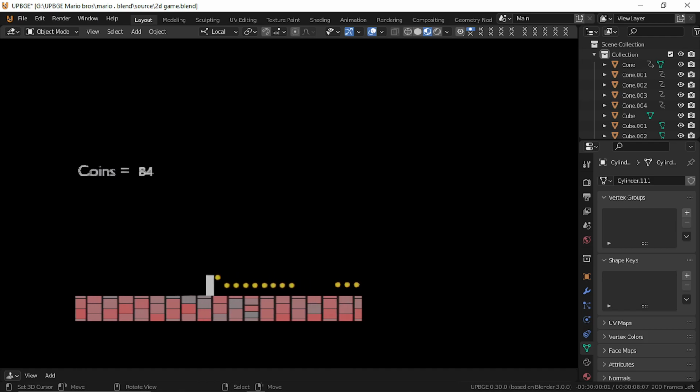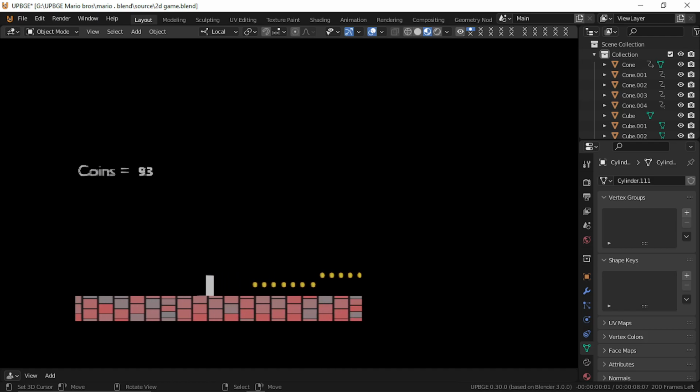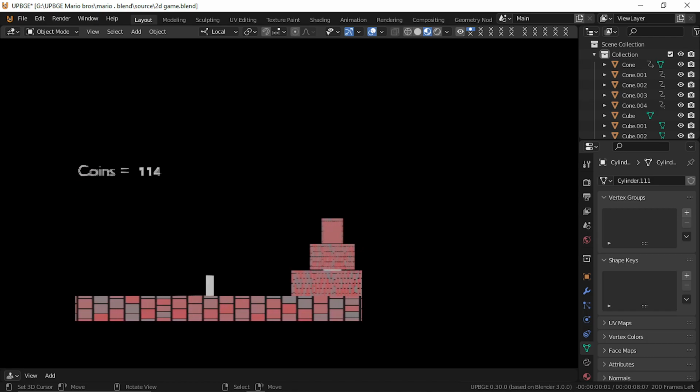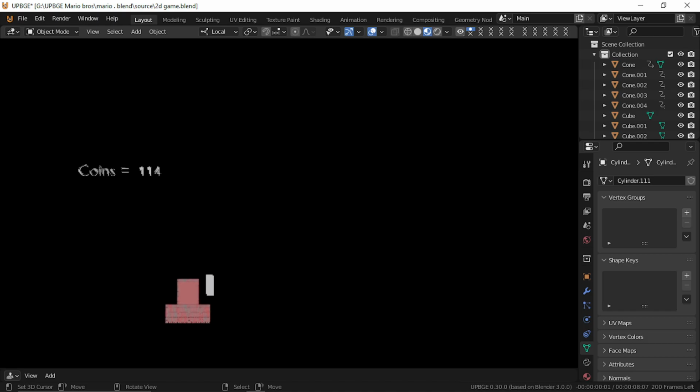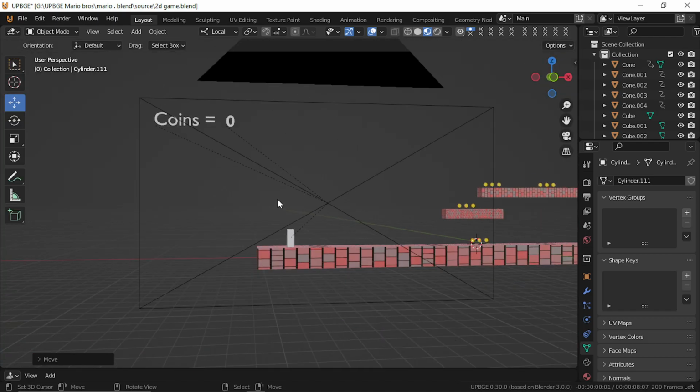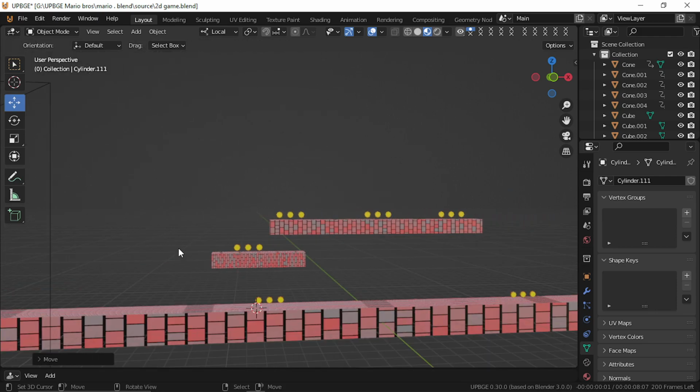Actually, we need to move this up a little bit so you can actually jump to get them, make it a little harder for them. But looks like 114 coins to finish up the game, and I'm just gonna die. Try again. Okay, so for the top part, well, for these coins,